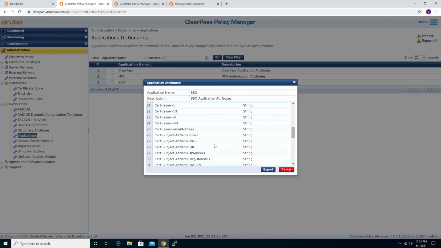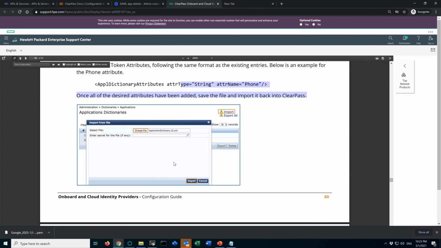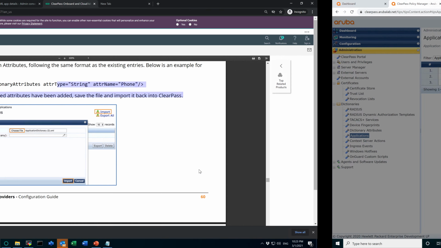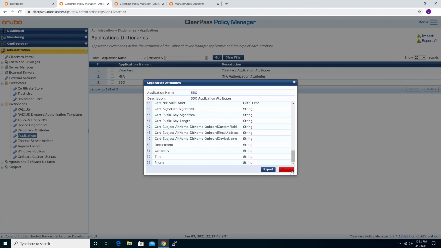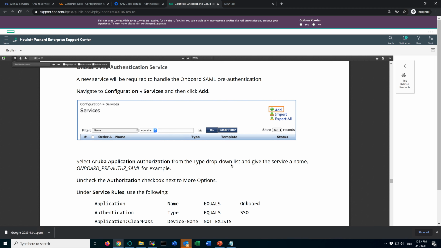So this is a list of the attributes already built in with the ClearPass. So these are the additional attributes that we added, right? If you don't have these attributes, you can export and then modify the setting according to this guide, right? Add in one to be able to see this one. So basically, these attributes are so that later on when we do the SSO, we can get these attributes from the Google G Suite to use in our policy. Okay,